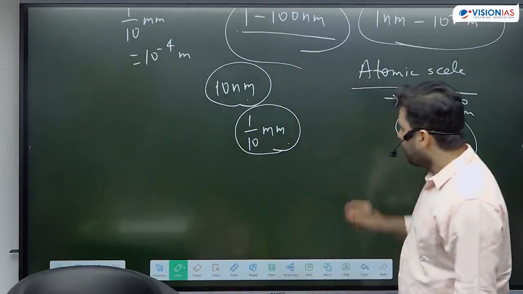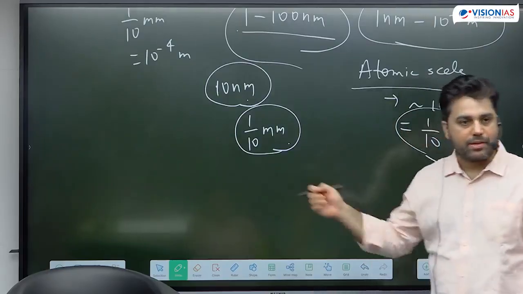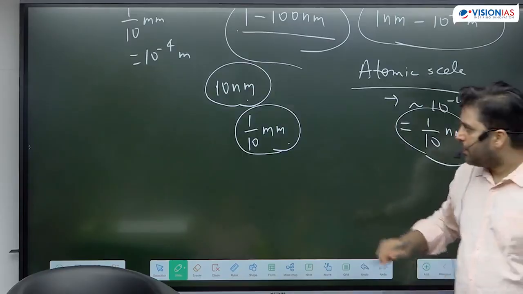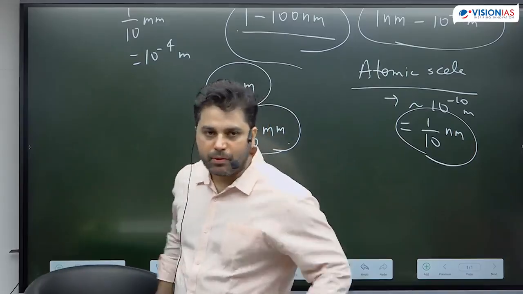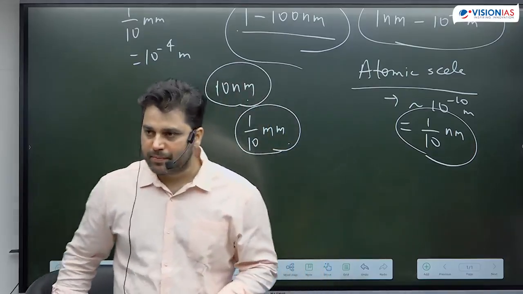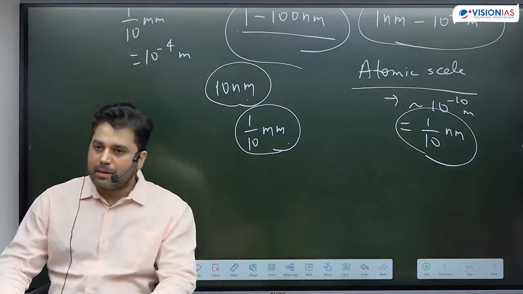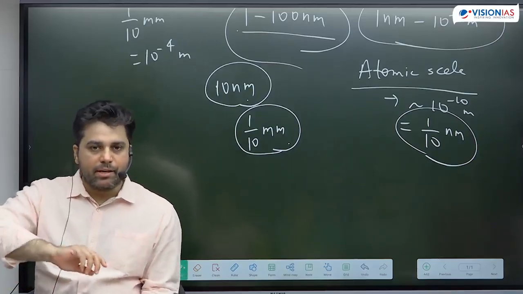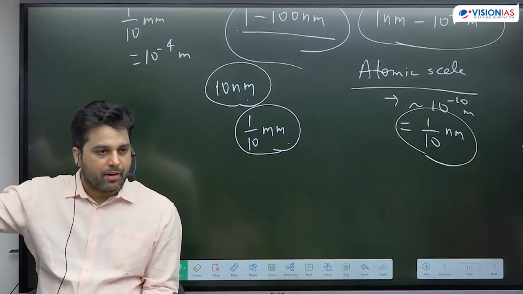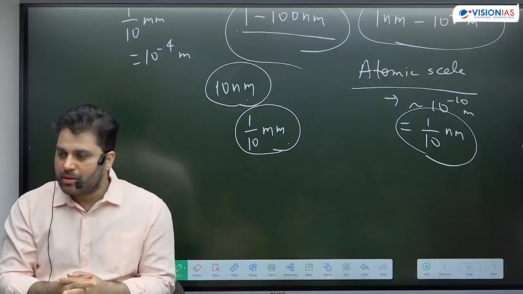In 1 by 10 millimeter of water drop, there will be trillions of water molecules, trillions to trillions of water molecules. But in 10 nanometer of a material, there will be few hundreds to few thousands of atoms. So whenever we discuss the number of atoms and molecules at bulk scale, that immediately comes into trillions to trillions. And as we go shorter and shorter, the number of atoms and molecules keep on reducing.